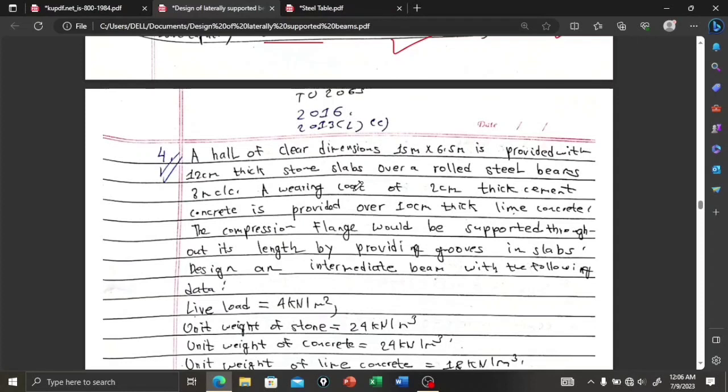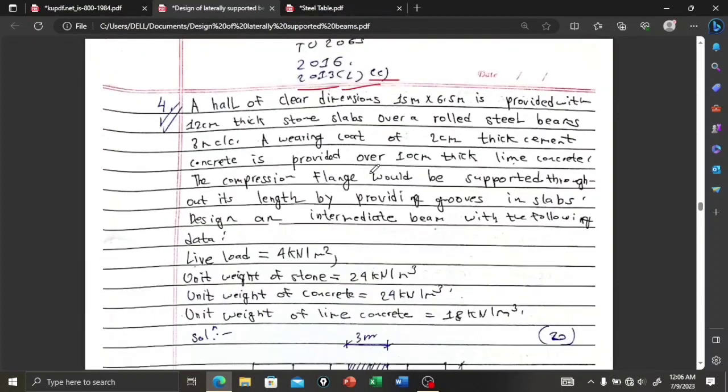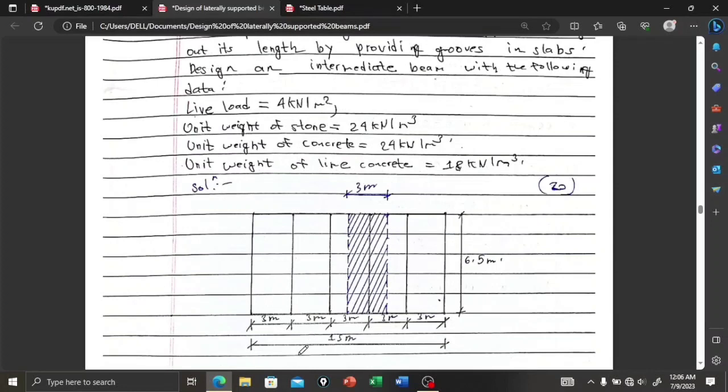This question was asked in TU 2065 and in Purvanchal University 2016, and it is like a 2013 chance. A hall of clear dimension 15 by 6.5 meter